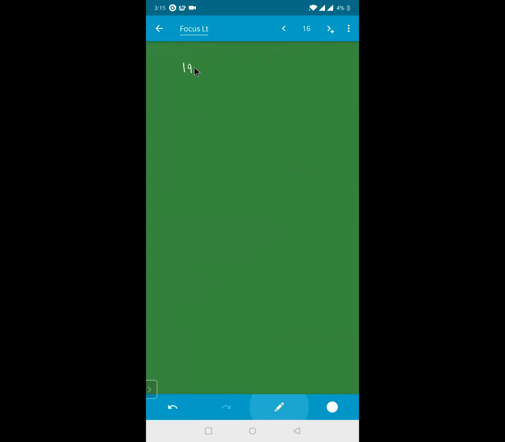See, 19 into u square divided by 20 minus u square is equal to, this one is also equal to u square by n. Clear hai? Now if I need to calculate the value of n, so take n outside. How will you get n? If n goes there, this whole term will come down here. So n is equal to u square as it is, divided by this whole term coming down, so it is 19 into u square divided by 20 minus u square.